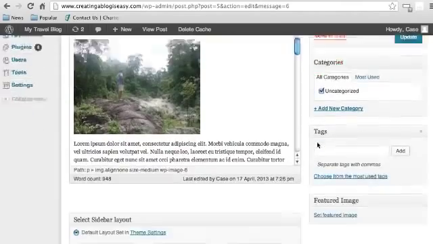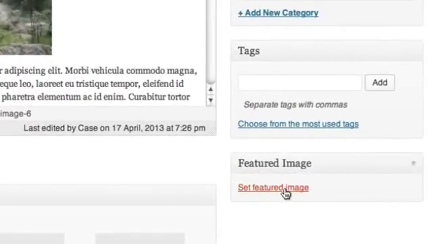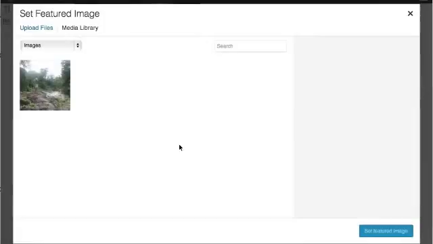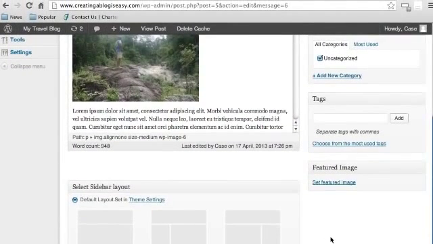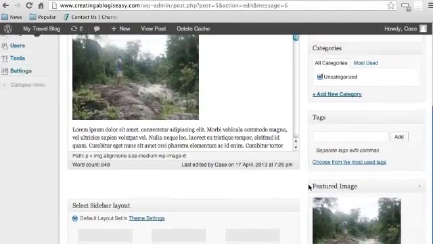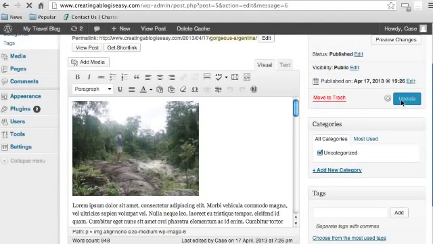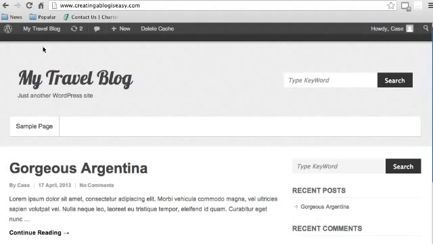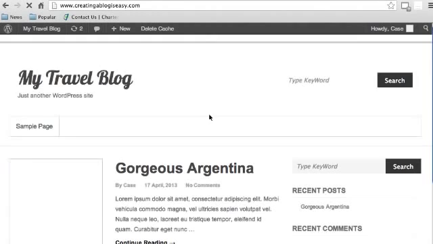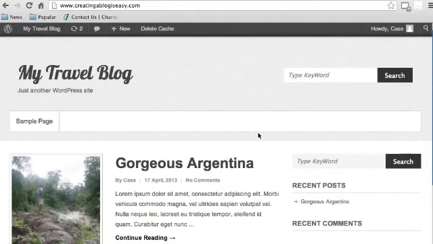We will go down to the bottom of our post and we need to click on Set Featured Image. So let's click on the image we've just added and let's click on Set Featured Image. Okay, and let's click Update. Okay, and let's go back to our live site and let's click Refresh. And we can now see that we have a thumbnail of our